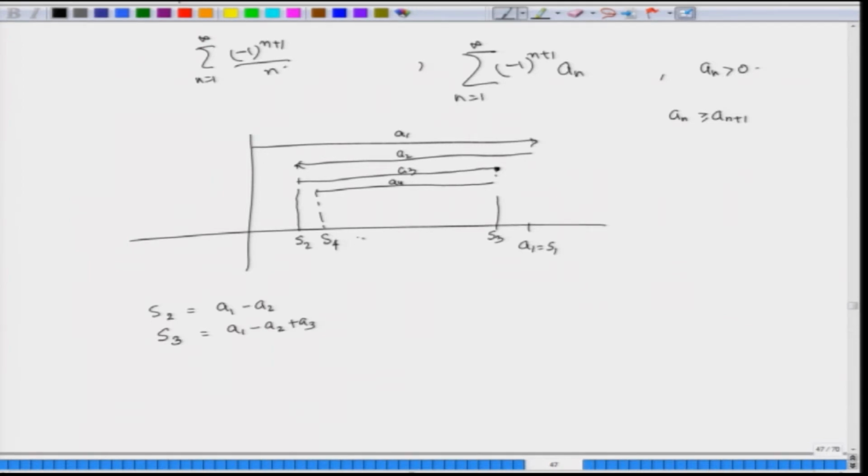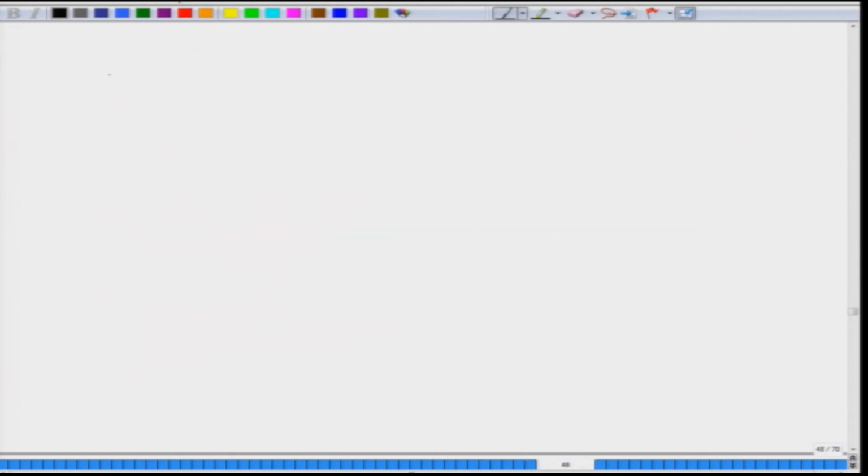Right. So, similarly, we will find S5, S6, S7 here, and S8 is going to be there. Here we are finding that S2, S4, S6, S8 are increasing and S1, S3, S5, S7 are decreasing. Everything is bounded above by S1, and nothing can go below S2. So, this is something like a monotonic sequence. That is essentially what we are going to write down.